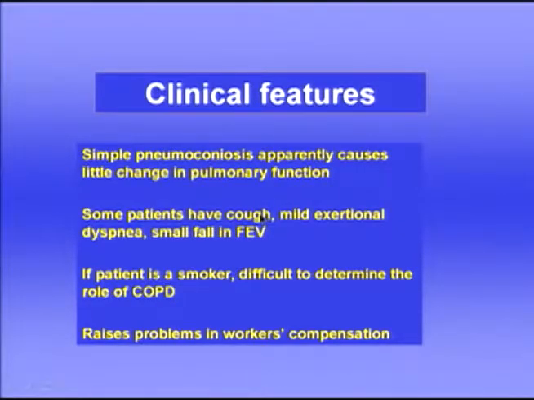But the problem, a common problem, is that many of these miners are smokers. And many of them have some degree of COPD, and of course COPD causes a cough and mild dyspnea on exertion and a small fall in the FEV. So it's often difficult to know the relative importance of the pneumoconiosis on the one hand and the COPD on the other. And you can see that this raises big problems in workers' compensation,